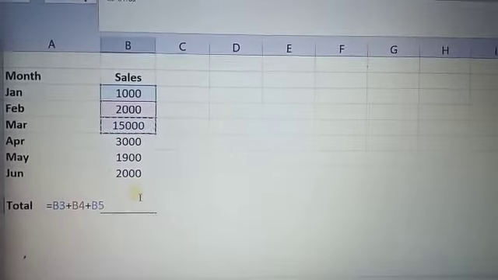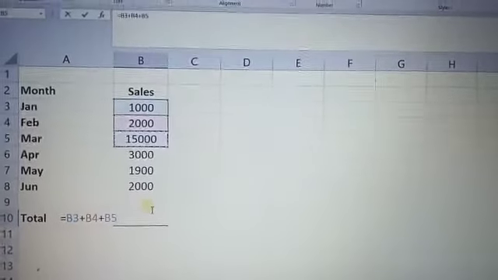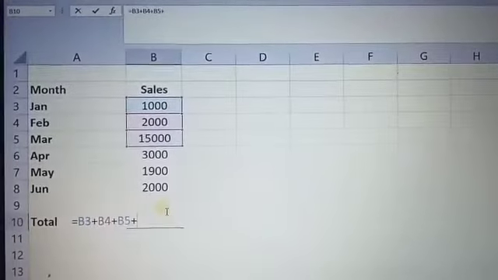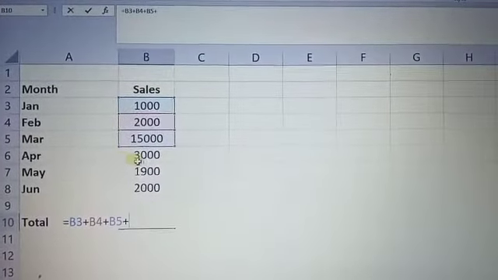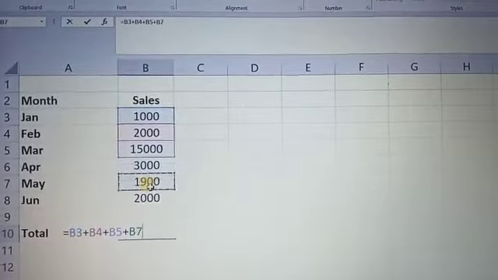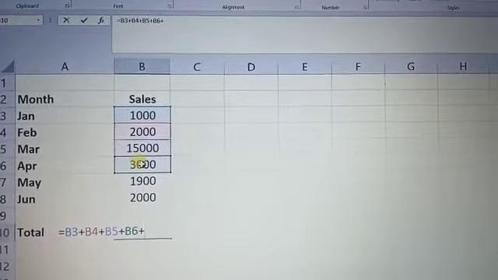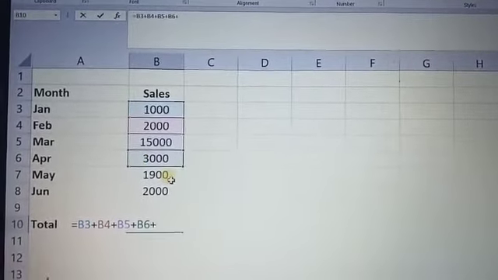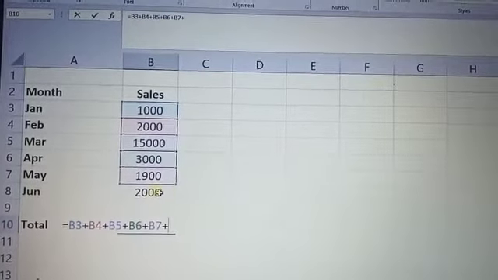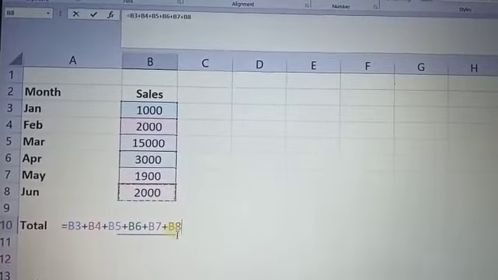We define B5 here. Just select it and it automatically takes the cell address. After that we press the plus sign again, then 3000 in B6, then 1900. After that we include the plus sign again, then B7, then another plus sign, then click on 2000, which has the cell address B8.